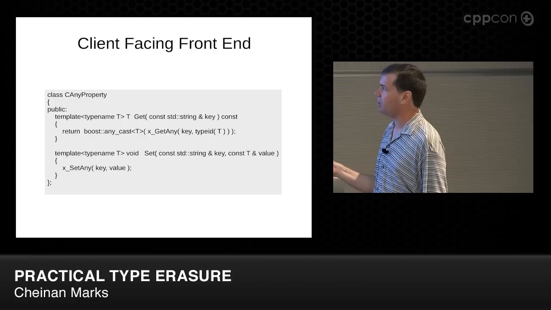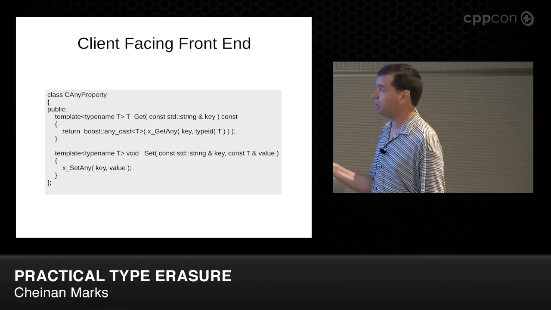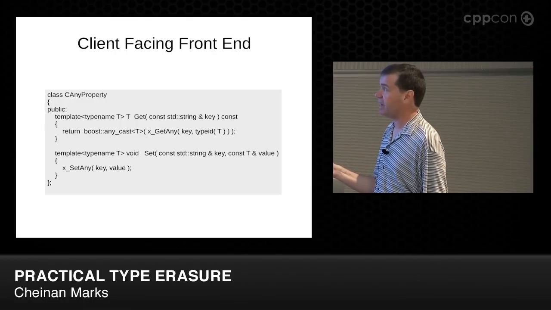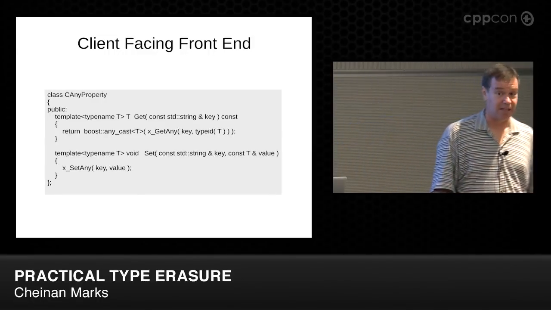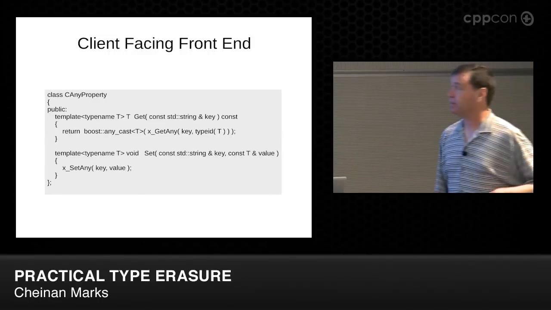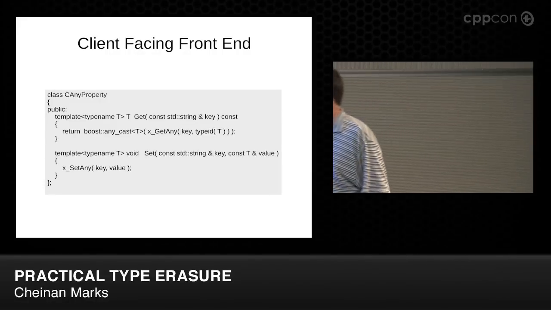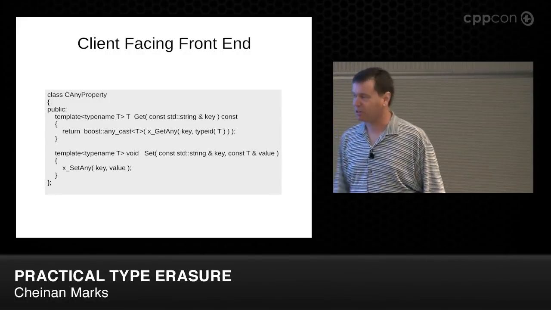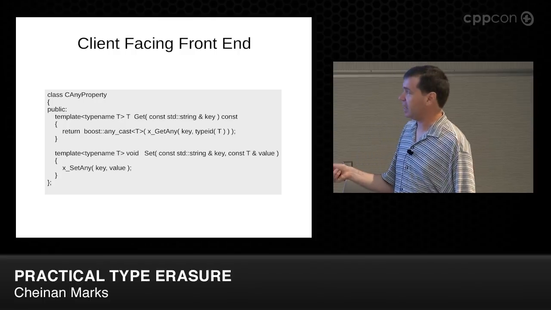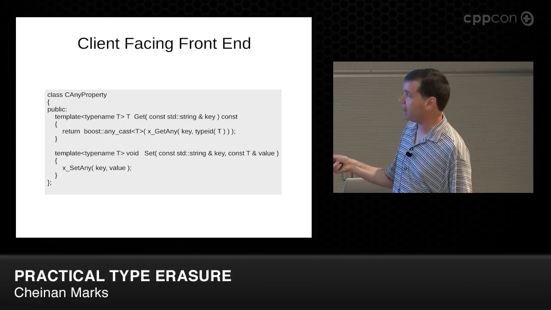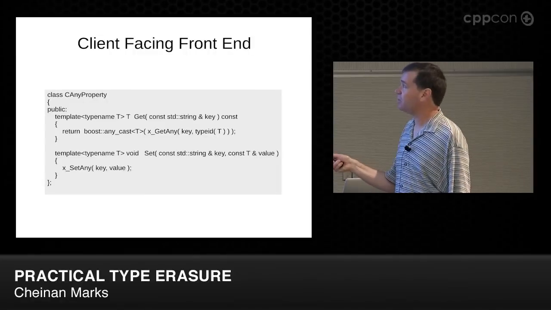this call, because it's templated, had to be in the header file. And because of that, I exposed the boost any cast to the client. So the client actually is indirectly including boost any. There was nothing I could do about that. But it's not the end of the world, and unless the client goes digging into it, he won't know any better. And boost any's interface is pretty stable, so it's not going to be changing, forcing recompiles, I hope. And so